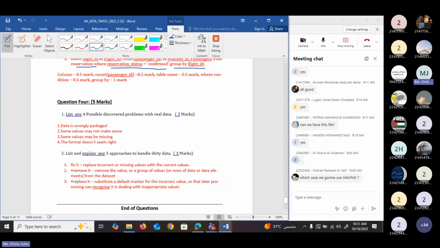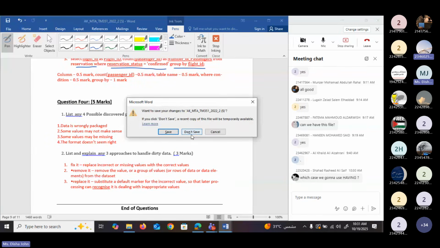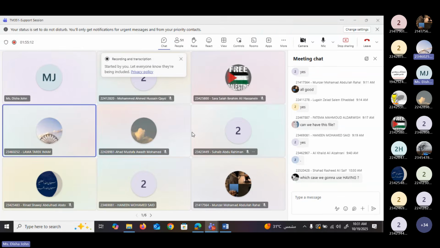Doctor, in the essay questions, can we write from our understanding and using our own words? You can write, but the point should be correct. So we're not restricted to what's in the slides? No need to use exactly the same words of the slides. Try to understand the concept, and then you can write by using your own words. Okay, thank you.